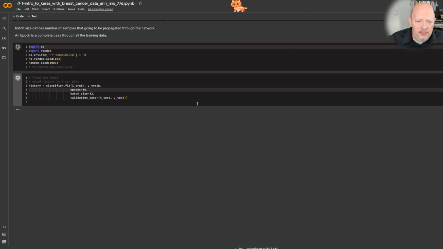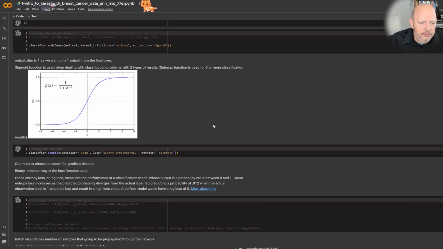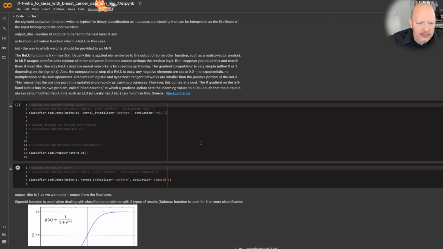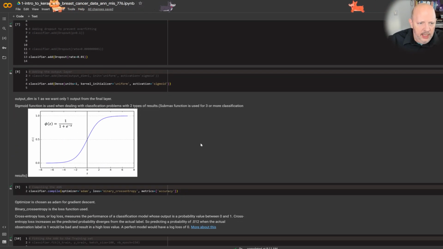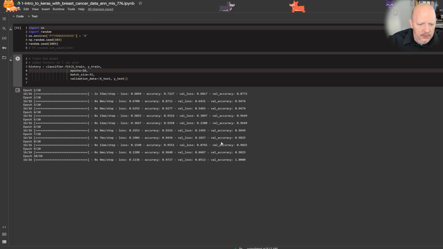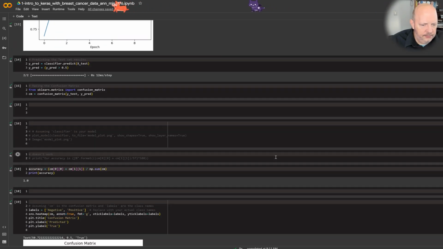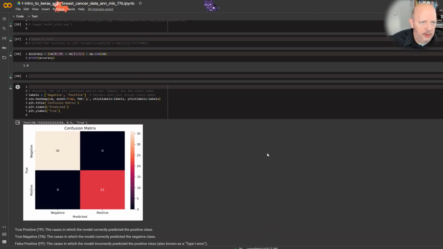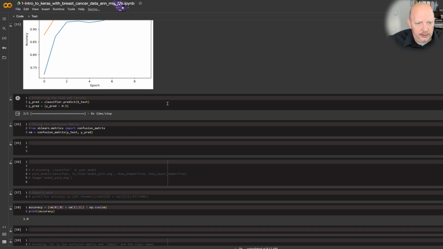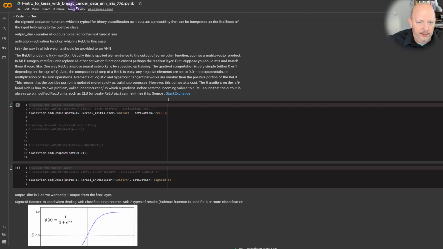It takes longer to load the libraries than it does anything else. Like I said, I wanted to include as much text as I could so you can really understand the code. Yeah, look at it, still 100% accuracy. There we go. So I'll give you a copy of this code. Feel free to use it, change it, and play with it. Once you download it, just save it, make a copy, and play with it.